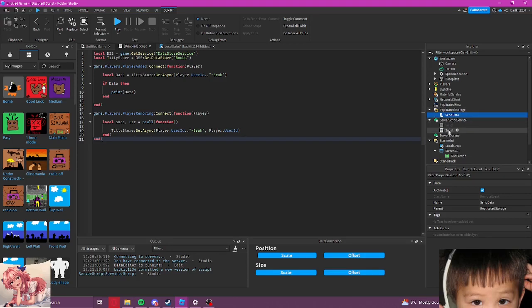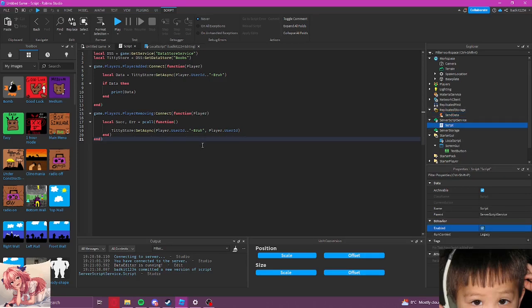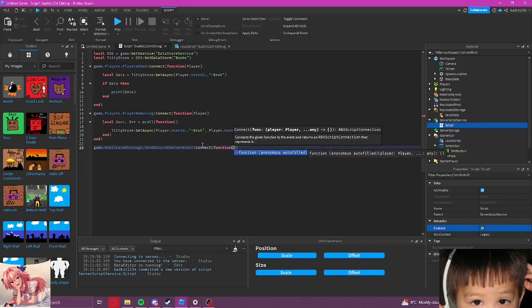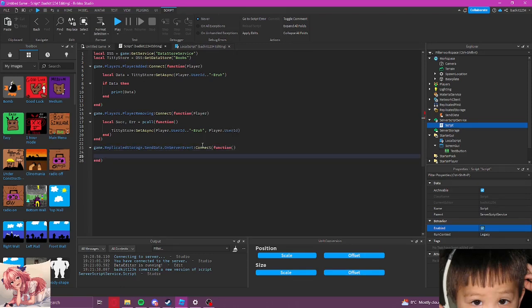Let me go into ServerScriptService, and we're going to say game.ReplicatedStorage.SendData.OnServerEvent:Connect function, and all we're really going to get is the player.